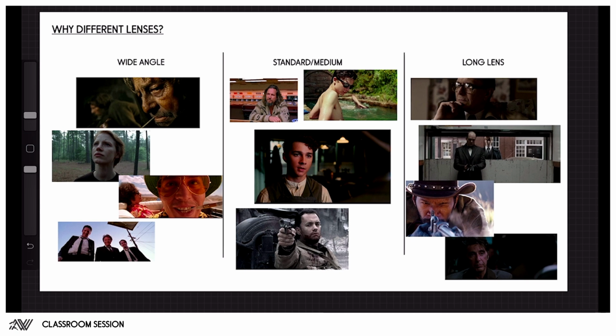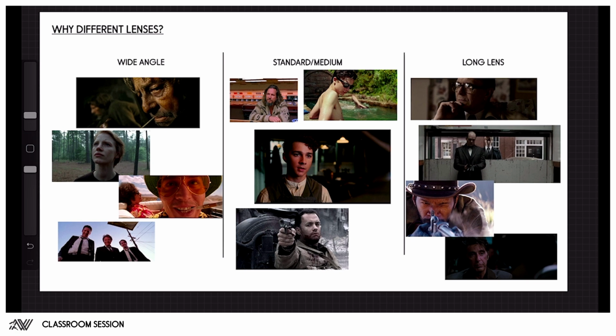And so what we'll do is we're going to look at why different lenses are used. So I have some movie examples here, but the same thing goes for animation or even art. I'm going to show some art later in the classroom. So we're going to make a distinct difference why there's a difference in the use of lenses, and then see what the correlation is between lenses and perspective. And then we're going to see how you can actually apply that in your own scenes as you'll be able to do this assignment cycle.